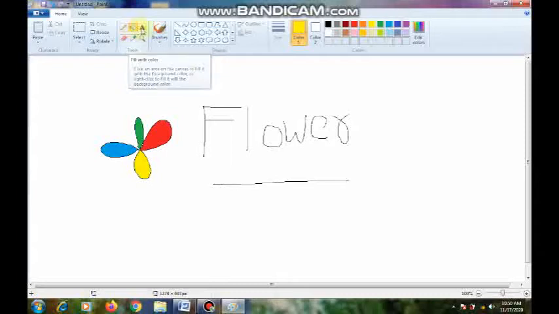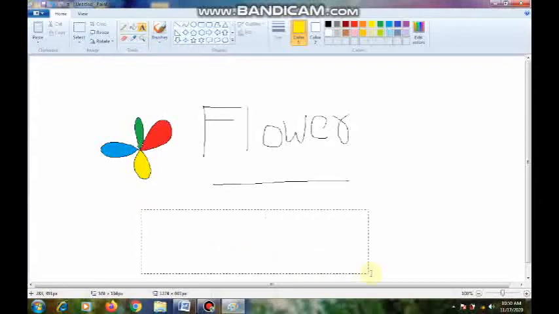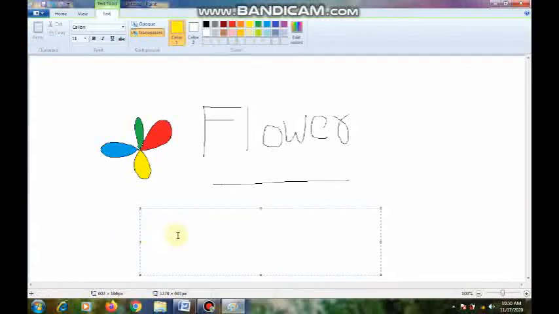Okay children, and this is called the text tool. By using this tool, children, we can type some text here. How? Select this tool and drag like a box. Then the cursor will come here and you can type. I selected yellow color now, that's why it is coming in yellow color. Now I am selecting black color. Now it will come FLOWER, flower. So like this we can type.